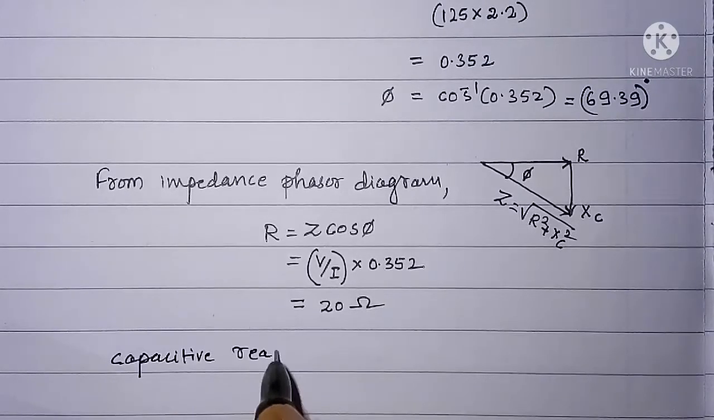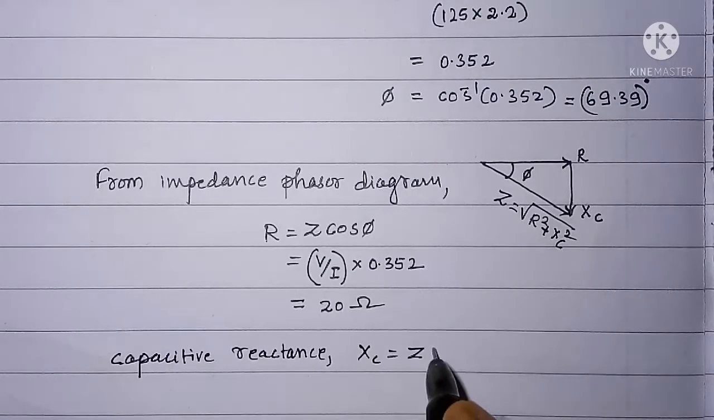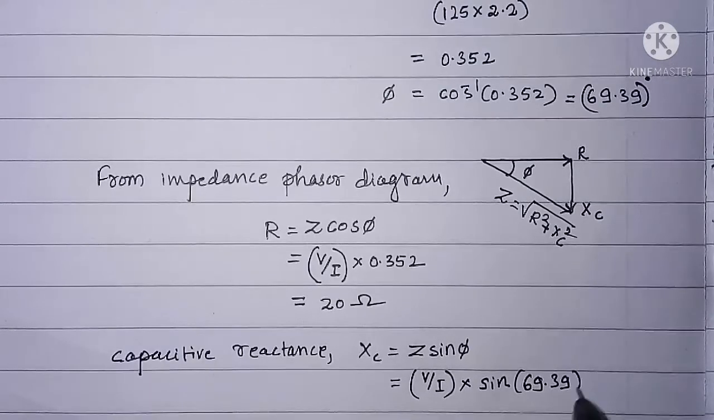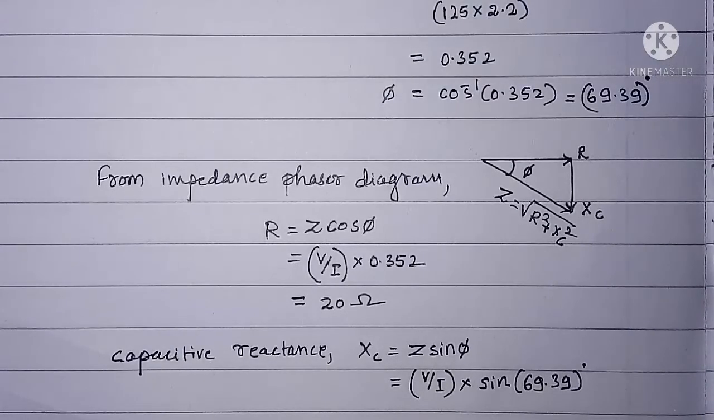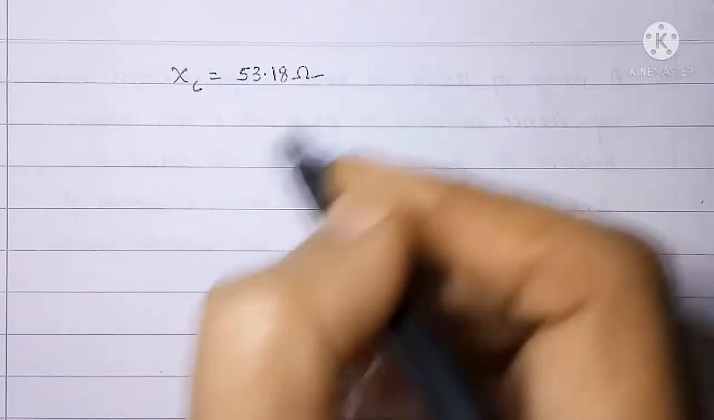Capacitive reactance XC is equal to Z sin phi, that is V by I into sine of 69.39 degrees. On simplification we get XC equal to 53.18 ohm,